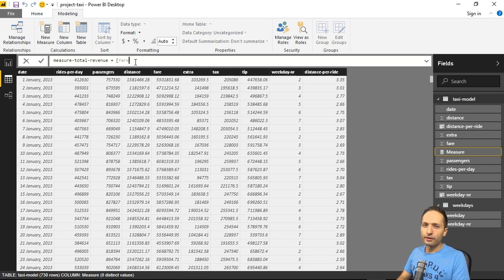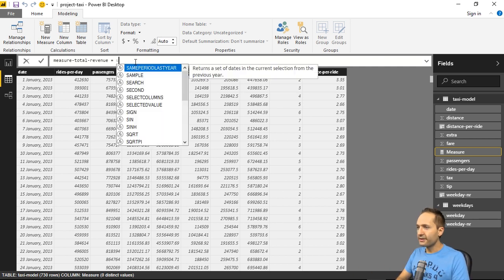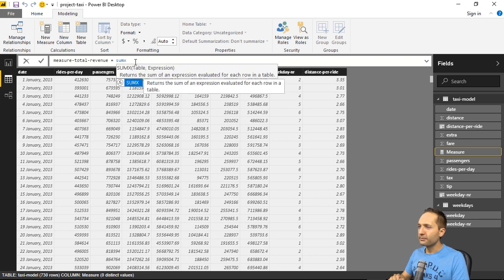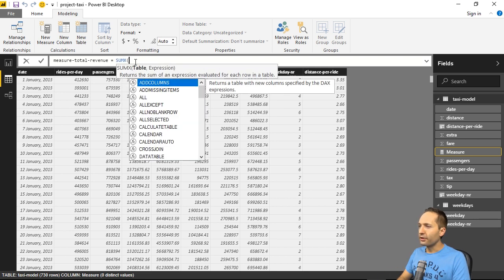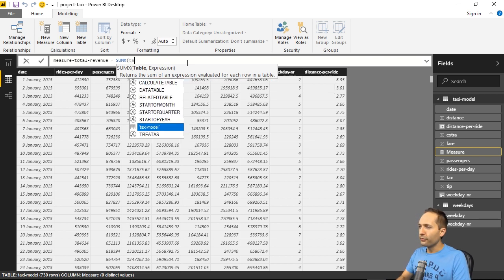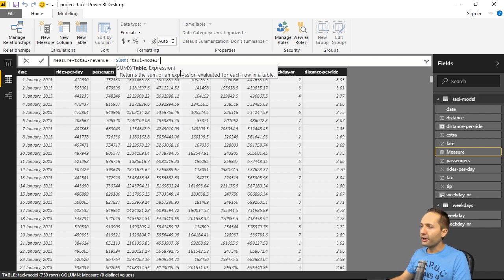This doesn't work apparently. So we cannot calculate that. No, of course we can do that. We just need another formula. And this formula is called SUMX, like that. If you now press tab, then you simply have to define the table. As you can see right here, this is taxi model, our table name. And if you now press tab again,